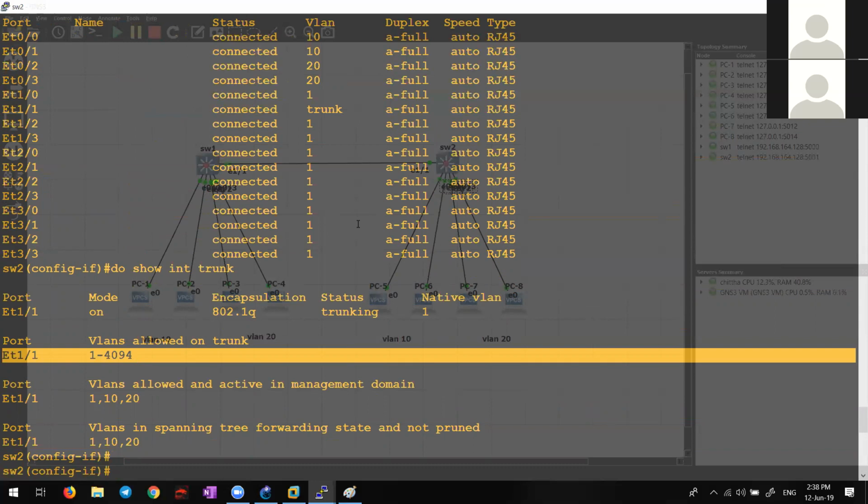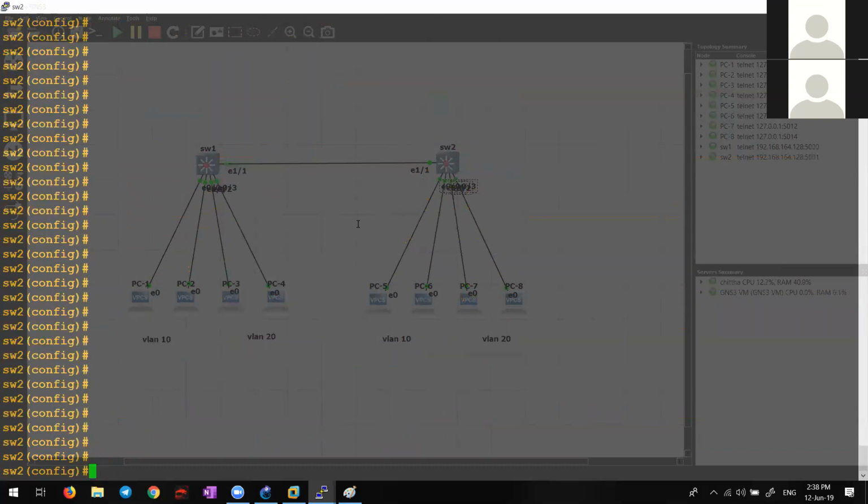We are going to do VLAN pruning, or VLAN filtering, through a trunk interface. It is very commonly done in real-time companies also. They will allow only the VLANs which have to be allowed through this trunk link. If there is another trunk link, we will decide which VLAN should go through that trunk link. So now I'll go to interface E1/1, switchport trunk allowed vlan 1,10. So now I have allowed which VLANs? VLAN number 1 and VLAN number 10. You can check it out.